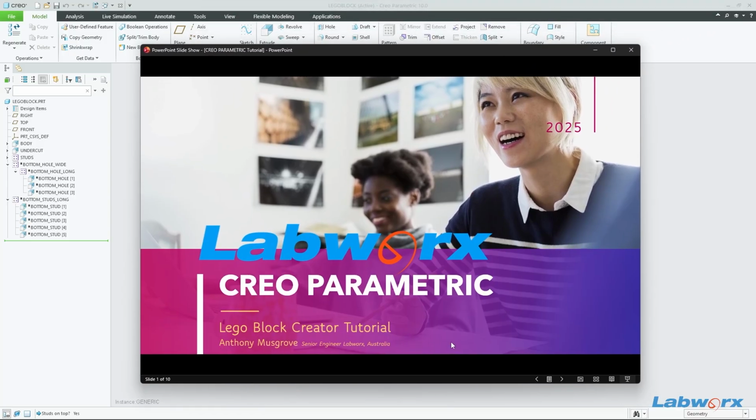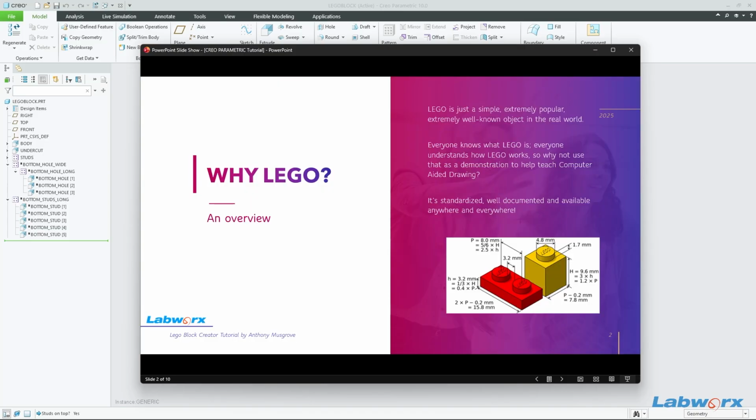So again, I'm Anthony Musgrove, Senior Engineer with LabWorks Australia. Let's go through why Lego. Why did I choose Lego for the demonstration or the tutorial? I think that Lego's a pretty universal sort of thing around the world. The standards are universal, the sizes are universal, dimensions, etc. Everyone's heard of Lego, so it's something that we probably all either have or have had in our hands at one stage of our lives. Might even have some in the house,